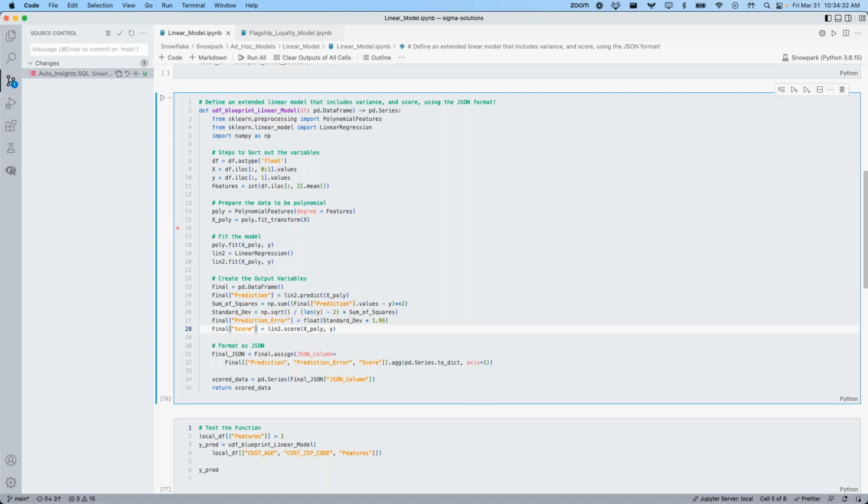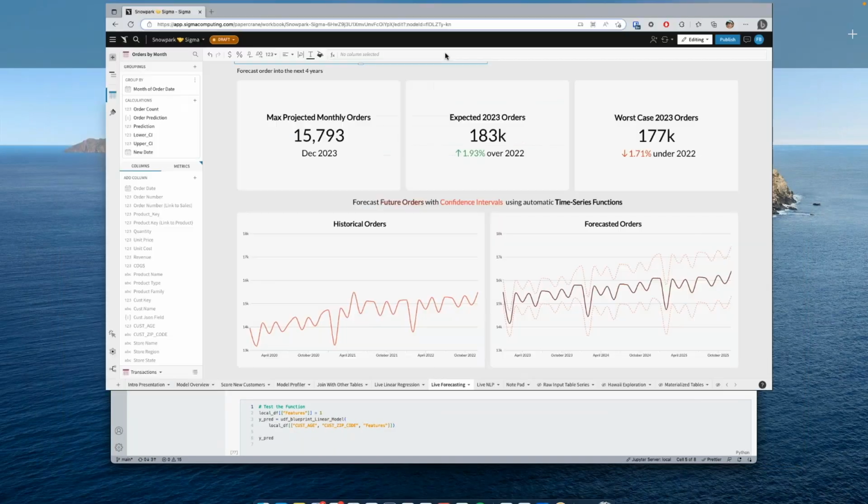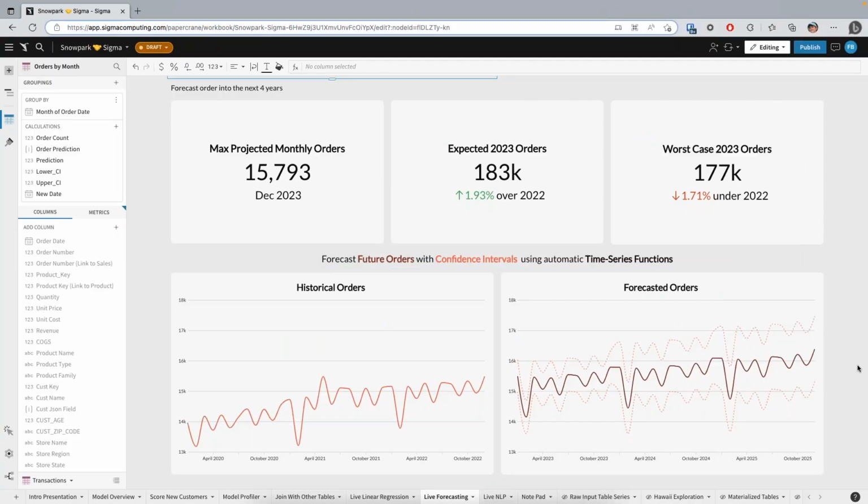Everything that you see in Sigma is live to the Snowflake connection that it's reading from, or whatever warehouse you're reading from. So what you'll see is exactly what lives in the Snowflake warehouse. If the Snowflake warehouse is up to the second live, the Sigma data can be up to the second live, and the UDF will be able to run at that same level of precision. So the short answer is it's as live as it is in Snowflake.